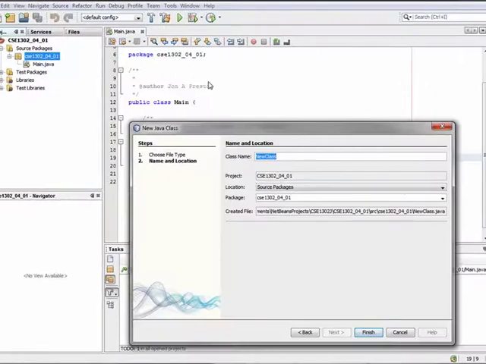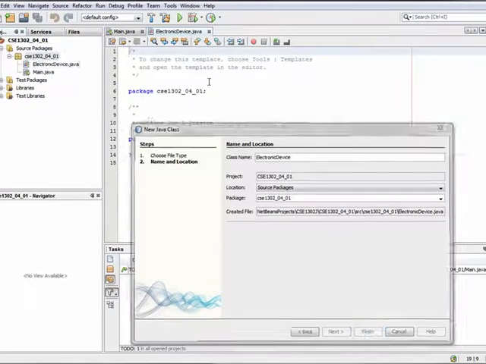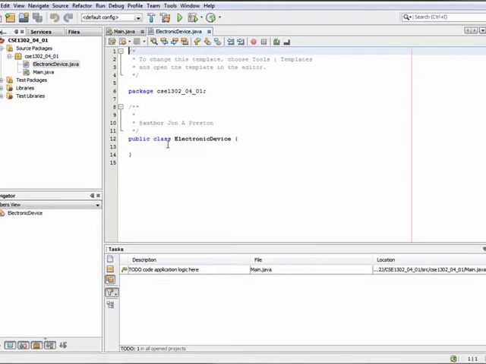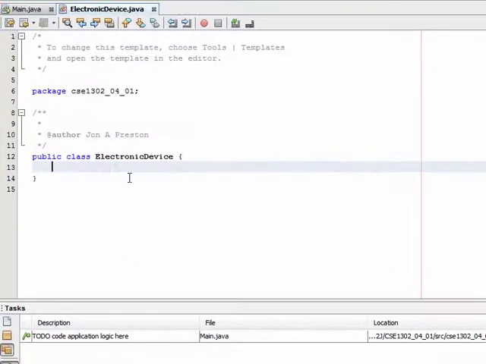So let's add a new Java class, and the purpose of this tutorial is going to be to implement various electronic devices. Our base class is going to be the electronic device class. So go ahead and add that in as a new class. And common to all electronic devices is a concept of how old they are and how much power they consume and whether they're working or not, as well as a name. So let's go ahead and implement, like we would have before with object-oriented programming, a new class called electronic device